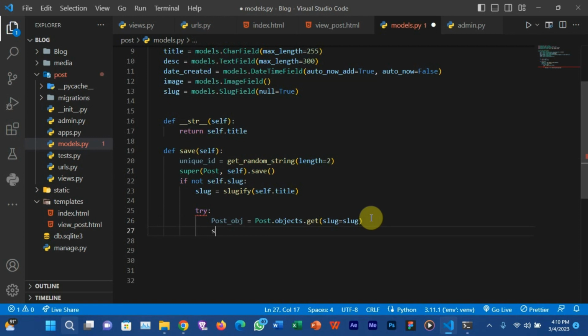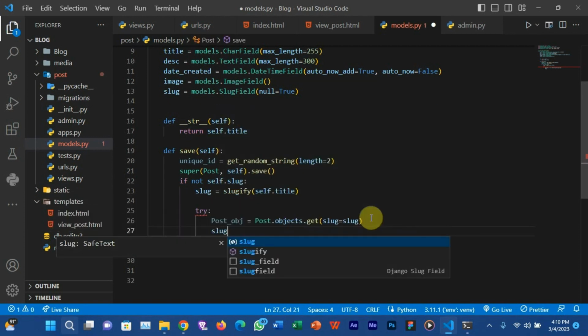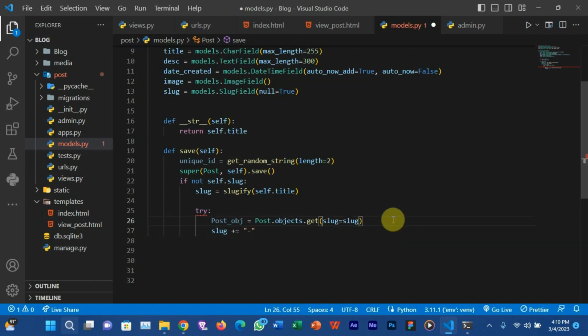The next one is to add the string that will be auto-generated. You can do some concatenation here. We need to add a hyphen to the next string that will be auto-generated. Let me do something simple here.